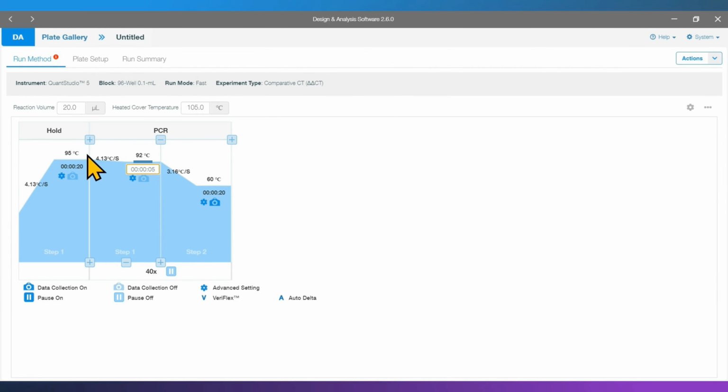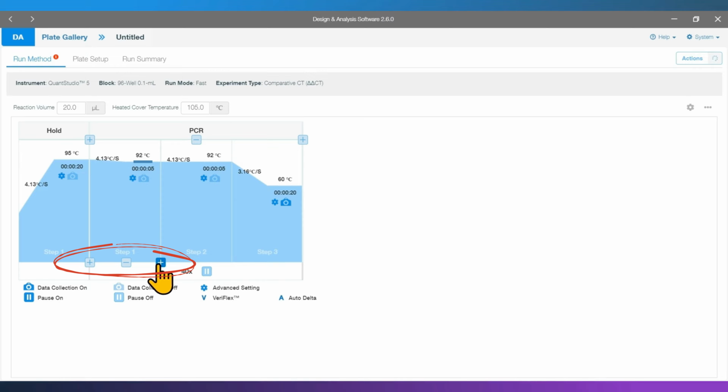To add an additional step, hover your mouse over an existing step until the plus and minus icons appear. Click the plus icon to add a step either before or after the selected step. To remove a step,